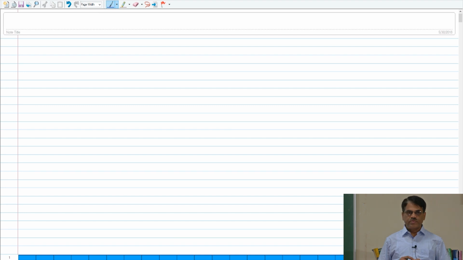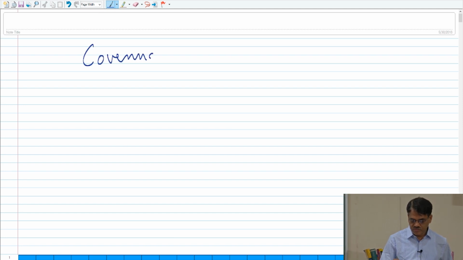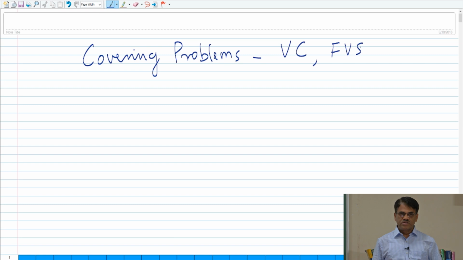So, I will wrap up NP completeness with a few more examples. First, let us take stock of what kind of problems we showed are NP complete. We looked at covering problems. So, there are different kinds of problems we showed NP complete. Here, for example, vertex cover, feedback vertex set, assuming you did it in the problem sheet, set cover,